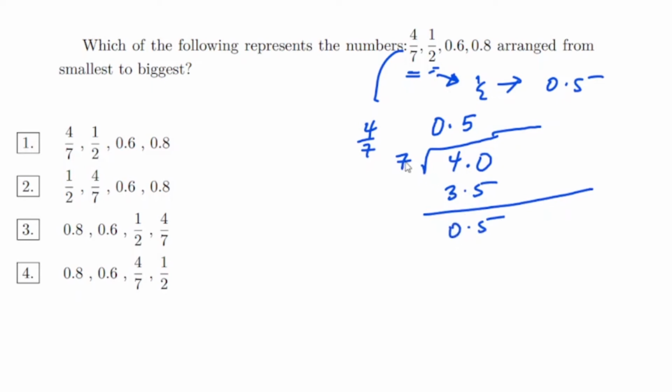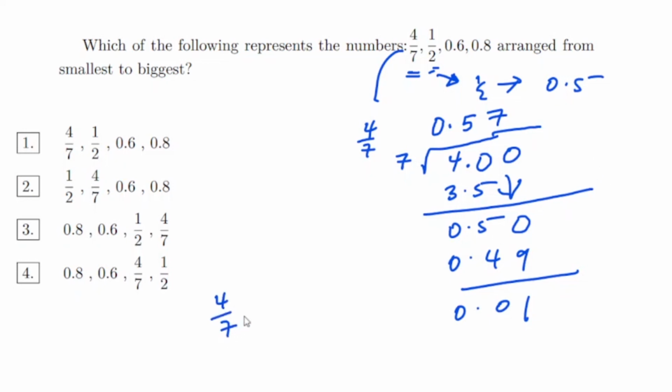And then we ask the question, how many times does 7 go into 0.5? Well, 7 doesn't go into 0.5, so we can put a 0 up here and then bring it down here. And that makes it 0.50, or we can read that as 50. And then we ask the question, how many times does 7 go into 50? Well, 7 goes 7 times into 49. So 7 times 7 is 0.49. And if we do 0.50 minus 0.49, we get 0.01. So what we have worked out here is that 4/7 is approximately equal to